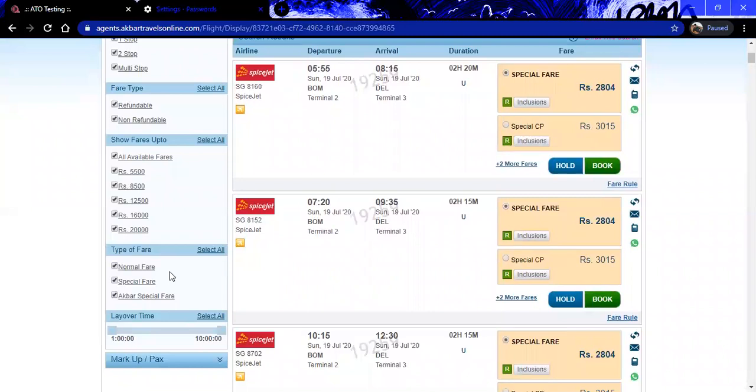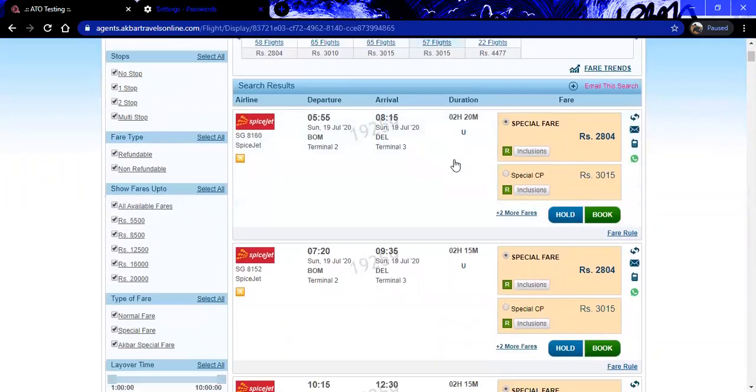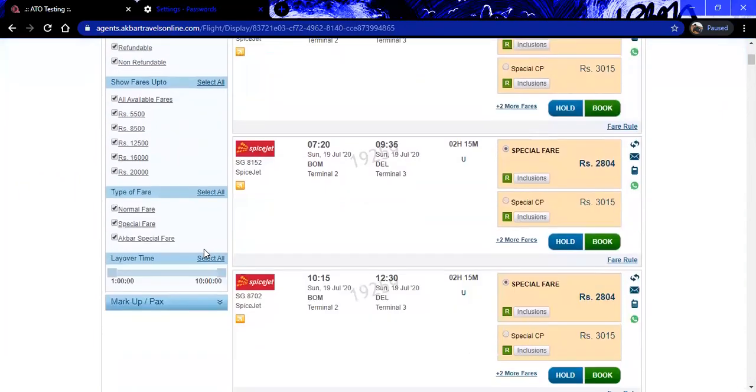Special fare means the corporate fare. If there is any corporate fare available for that date, it will show you the corporate fares only. And if there is any Akbar special fare that is provided by Akbar, then the Akbar special fare will be shown over here. So accordingly, you can search over this.